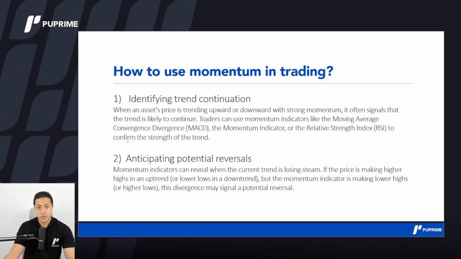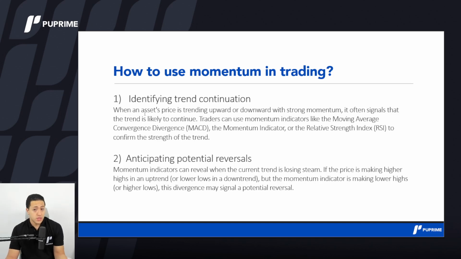But my point is, you will not be using all of them. Choose the one that suits you and just follow one, because having more signals on more momentum indicators is not confirming your bias. It's not increasing your probability. It's just giving you a confirmation bias, which is really bad, okay? So yes, traders can use momentum indicators like this and this and this. Doesn't mean you should use all of them all together, okay?